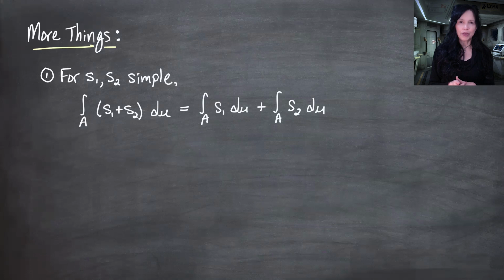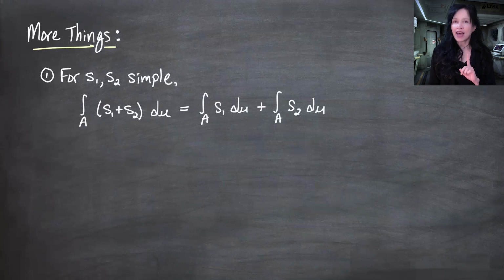To do this, I would note that S1 plus S2 is still simple, and I would try to write down what that looks like. I would write down an expression for S1 using coefficients A1 through AN, and for S2 using maybe B1 through BM, and using sets, and then figuring out how to combine all that stuff to write S1 plus S2 as its own simple function. And once you have it as a simple function, you know how to write this left-hand side down, assuming these things are non-negative. And you certainly know how to write the right-hand side down, and this is pretty easy to prove. So I'm going to leave this to you